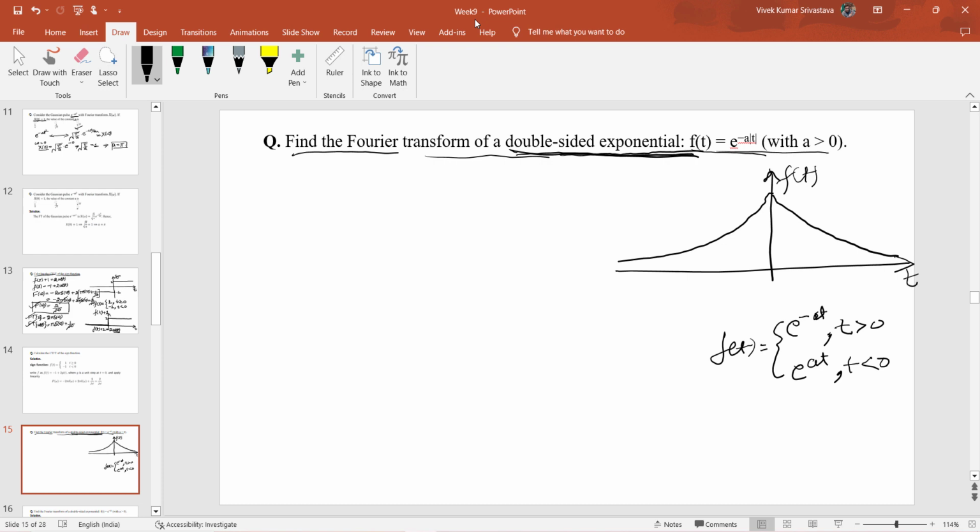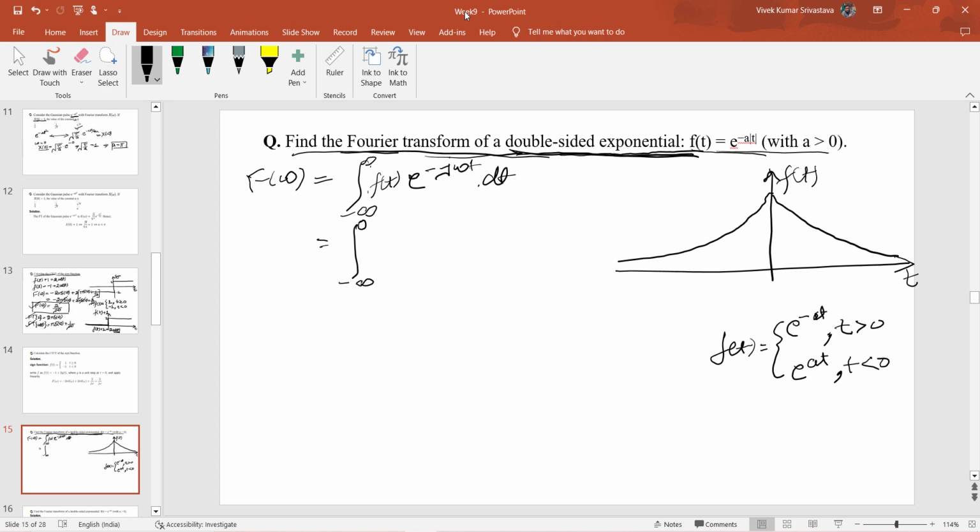Now basically here in this problem we have to determine the Fourier transform of this function. As we know, the Fourier transform of any function f of t is defined as F of omega equals the integral from minus infinity to infinity of f of t into e raised to the power minus j omega t dt. Now we will put this function f of t here in this equation. So we will get